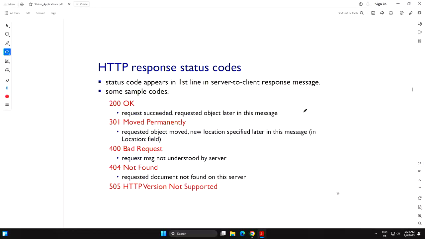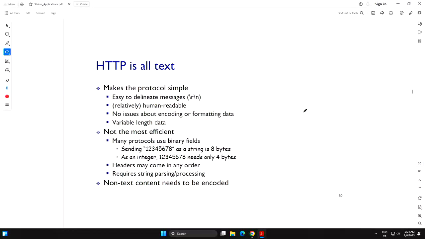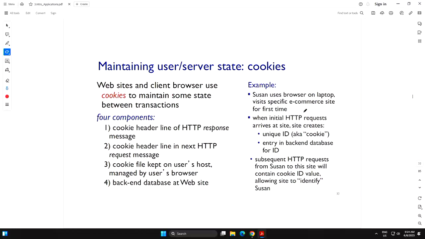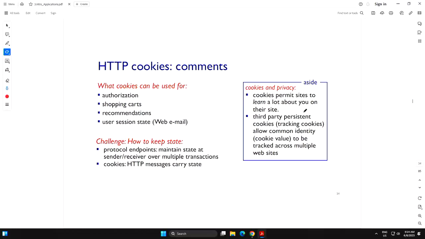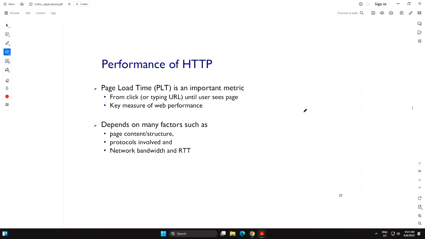Okay, so you can read all of these things. It's very straightforward. The important thing that I want to go into is the performance, okay? Because if you're writing code for your HTTP, if you are making a decision, if you are the analyst for the company trying to host this website, right?